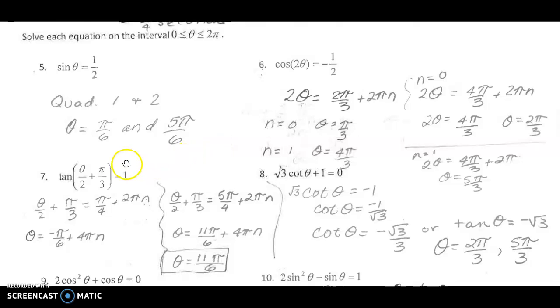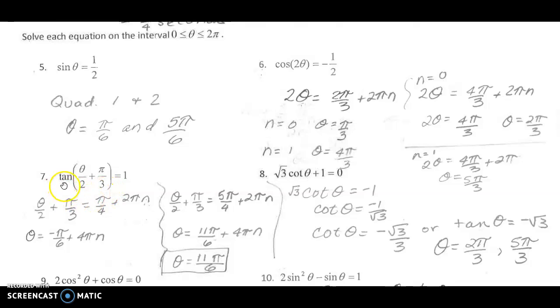Okay, Olivia, you asked about two problems, number 7 and number 8. Let me go over both of those for you. Number 7, we're solving both of these equations on this interval from 0 to 2 pi, so on one trip around the unit circle. So for this first one, number 7,